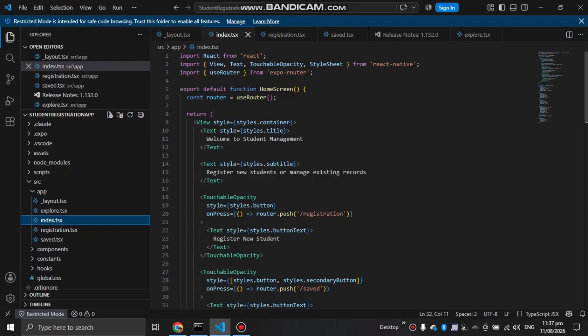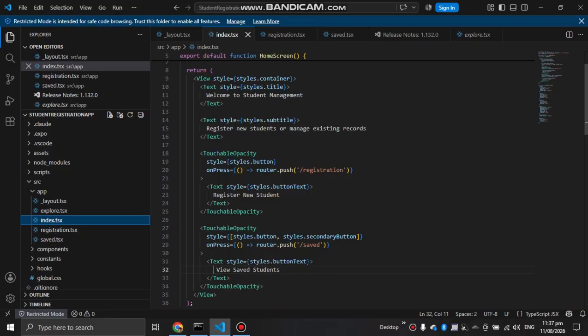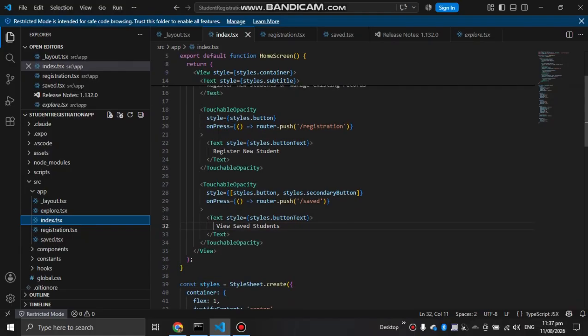It returns a view with the container styles, the title "Welcome to Student Management", text, and a TouchableOpacity with the text "Register the student", styles secondary button, onPress router push.